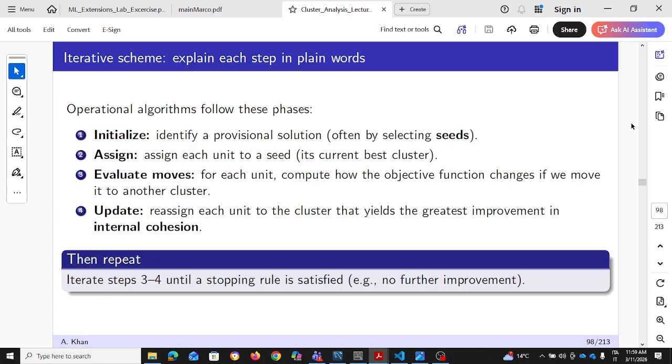Why are we doing this? Because we don't know which cluster those random variables belong to. So we stop when we find the distance that is the minimized distance between the centroid and